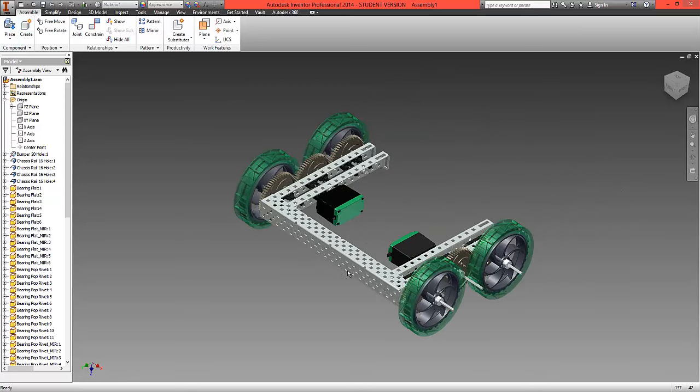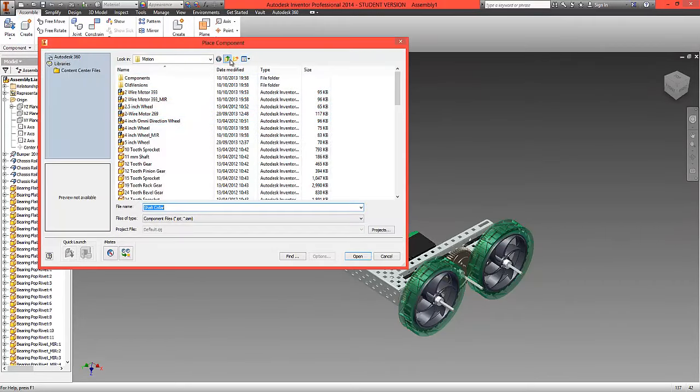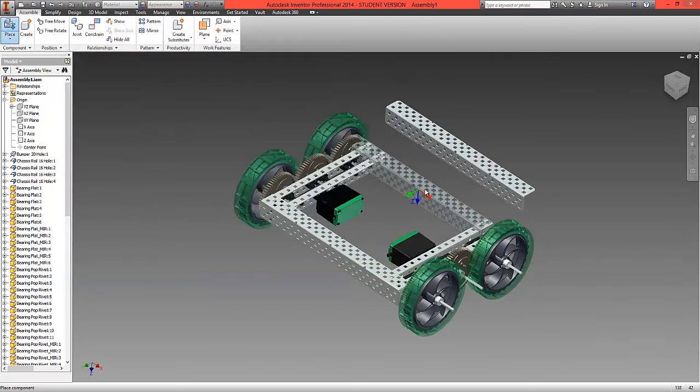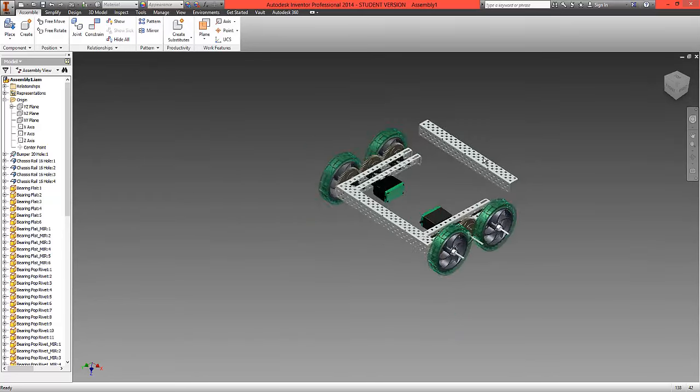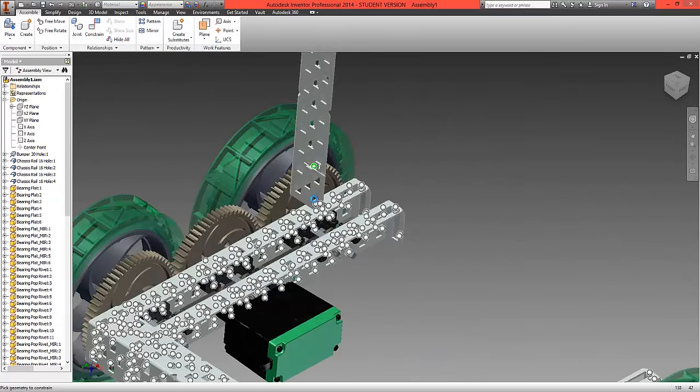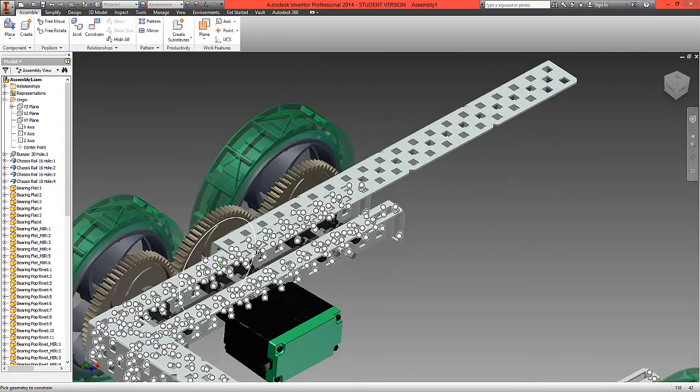What we can now do is add another piece of metal here, the bumper 20-hole piece of metal, to the back, and then we'll start a new assembly and start to build the back part of the Clawbot, and then we'll assemble the 2 together. So let's just place that last piece of structure. So go to the structure folder, locate the bumper 20-hole, I'm going to bring one of these in, and what we're going to do, select the appropriate eye mate, 1, 2, 3, 4, 5,